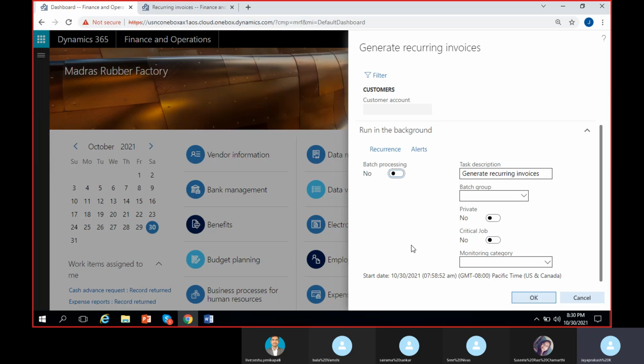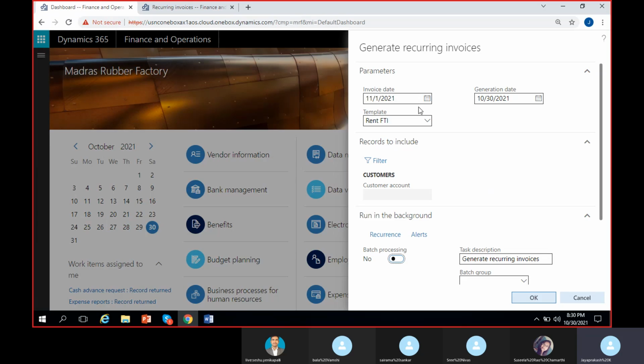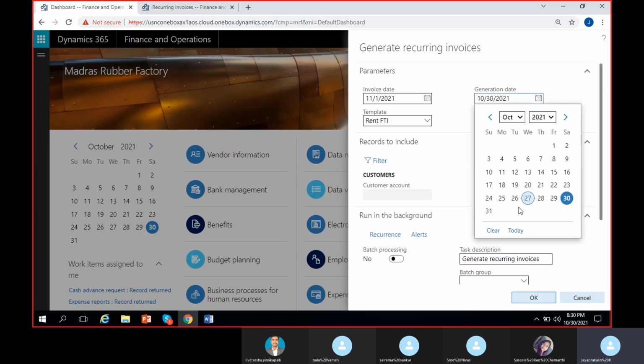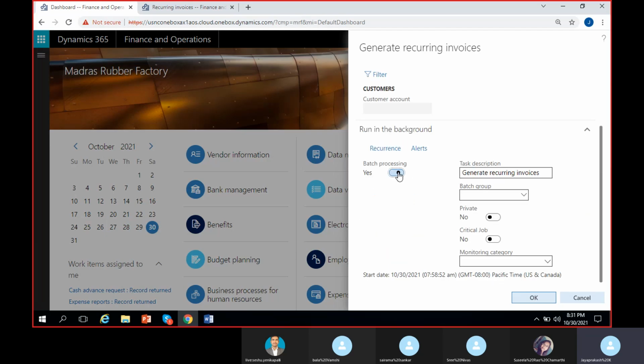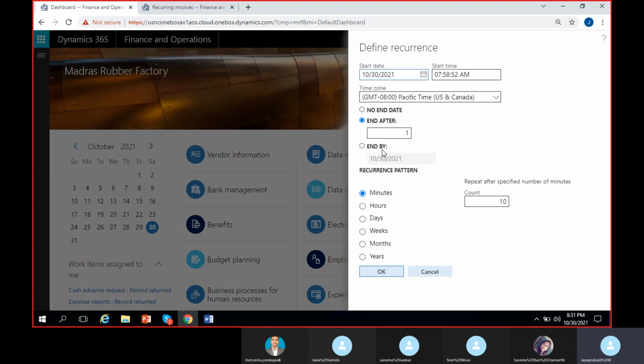This is very important actually. So you can create a batch job for your recurring invoices. See, every month it will start on first, right? So every month in the next month's last date, suppose I will say 31st of October every month. So every month on 31st, I want this batch job to be run and this invoice to be posted without manual intervention. So I can create a batch job. I can create a recurrence in the batch job. Here, if I click on recurrence,